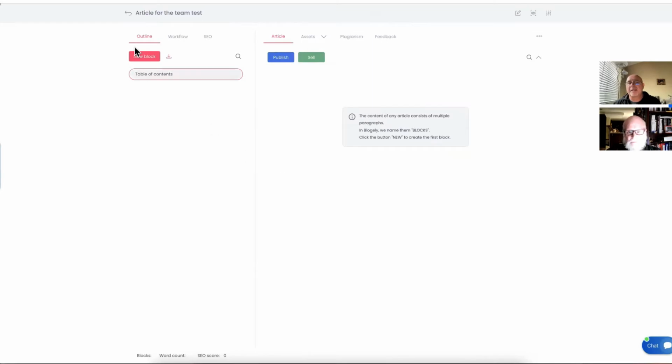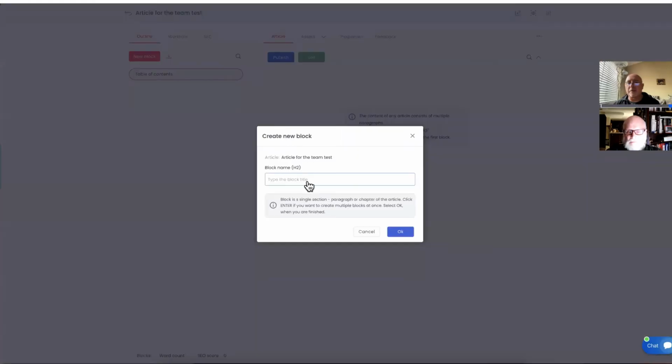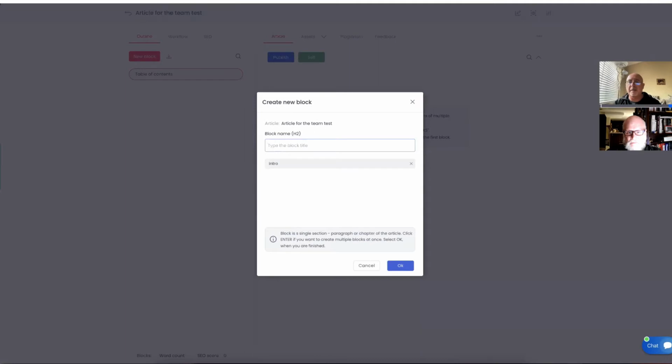So let's create the outline first, because the article just started. Can I do it without an outline? Yeah, I can. But does that make sense? I think it makes sense for you as the owner to start off with, say, even a rough draft of the outline, of what you want. So in this case, let's create a quick outline. Let's say we do the intro first. If I click enter here, I start typing and I'm creating a first draft of the outline. Let's say I call it first intro.